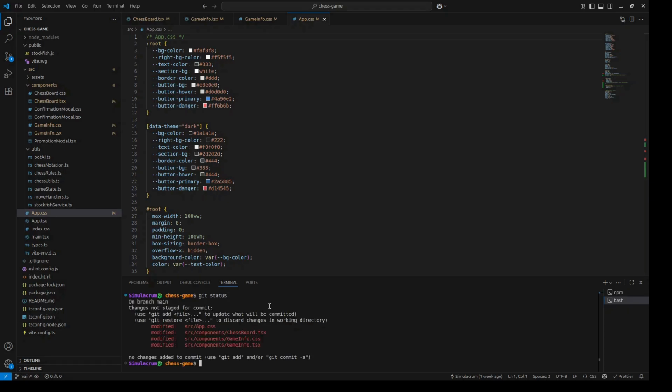So git status, git add, and git commit. Fix bot king in check freeze issue,